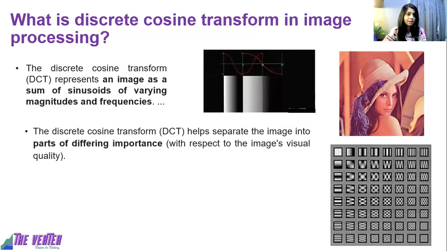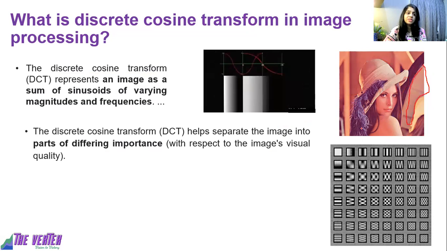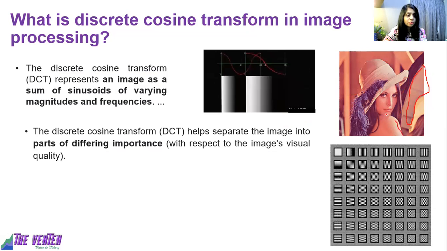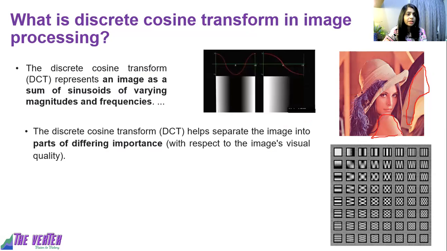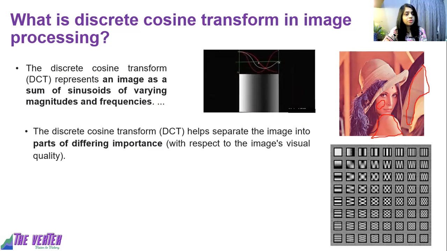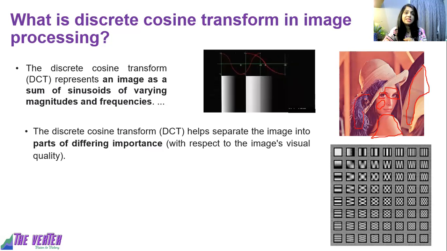Whatever background is there, because you see this particular area, there are no pixel intensity variations available. Similarly, in a human figure also, if you see this particular area, there is no pixel intensity variation available. Even the cheek, this part, has no pixel intensity variations. But if you see this particular part, or the eyes, or nose, or this hair part, pixel intensity variations are